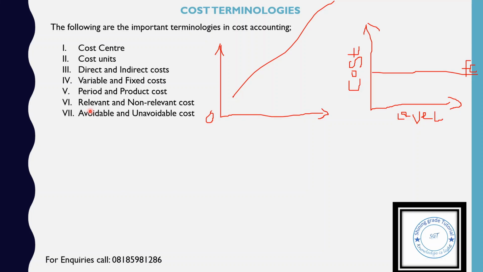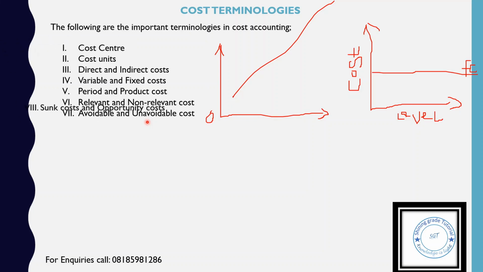So that basically means if the management takes on a particular decision and, as a result of that decision, such cost can be prevented, then this cost is an avoidable cost. But if, as a result of taking on a particular decision, such cost cannot be prevented or eliminated by the management, such cost becomes an unavoidable cost or non-avoidable cost.